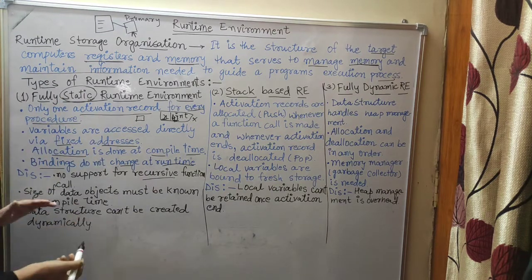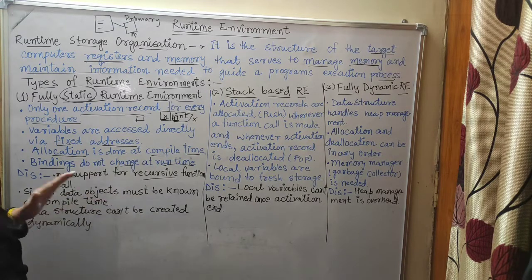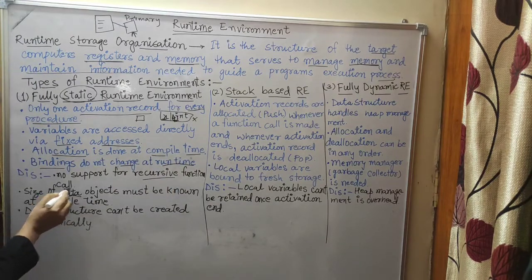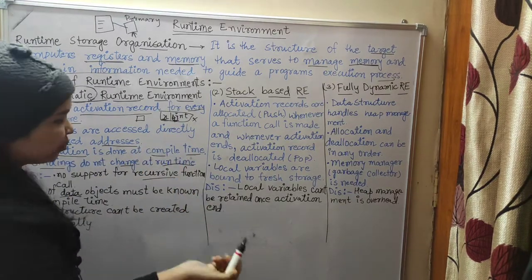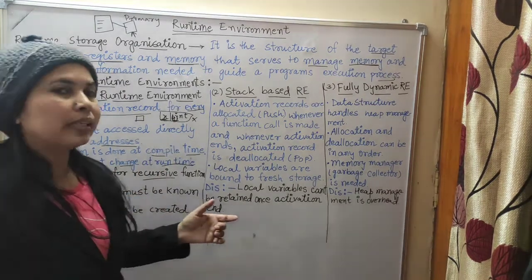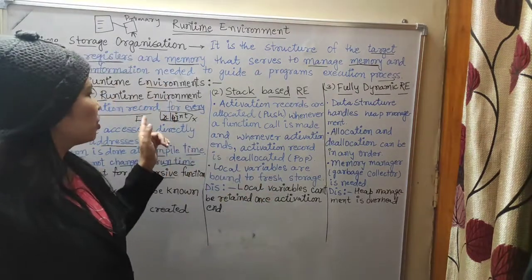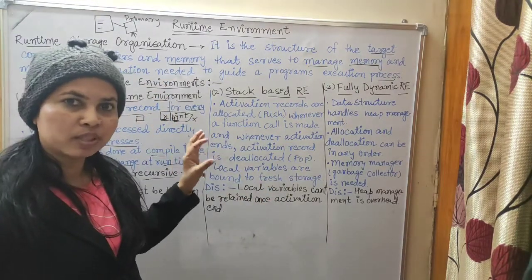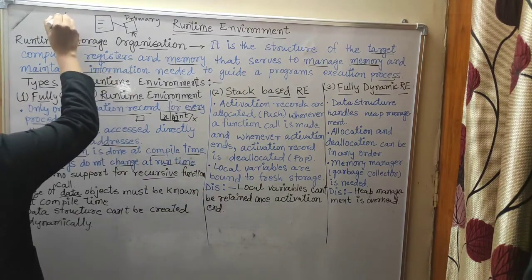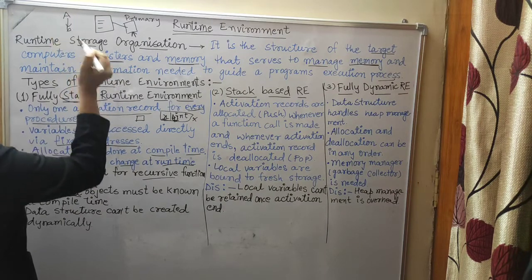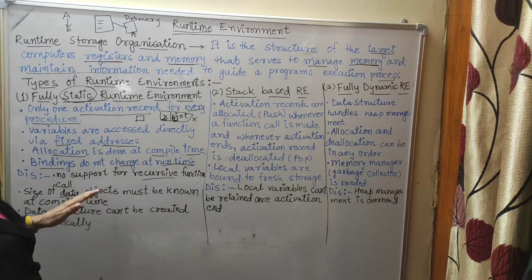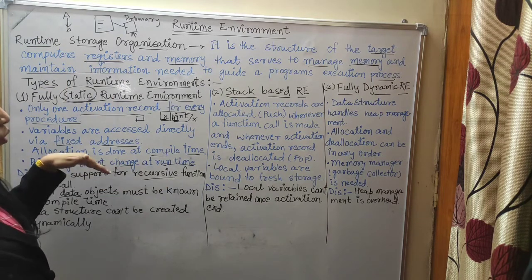Now we will see: size of data object must be known at compile time. Same thing, allocation is done at compile time. Size of data, data means what? It is x, y, the terminal variables. Always remember that in the symbol table we are storing only the terminal variable, that means the reduced form. In the non-terminal, capital A is reduced by B, like this. So capital A we are not storing, B we will store in the memory location. So it is not supported for recursive function call.